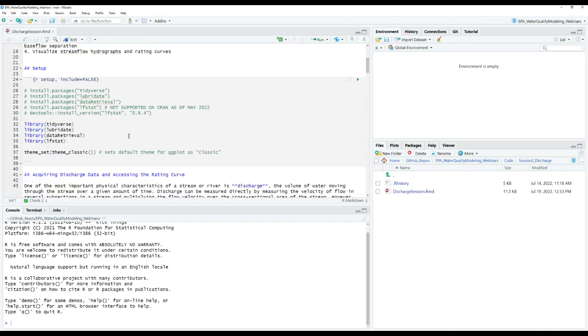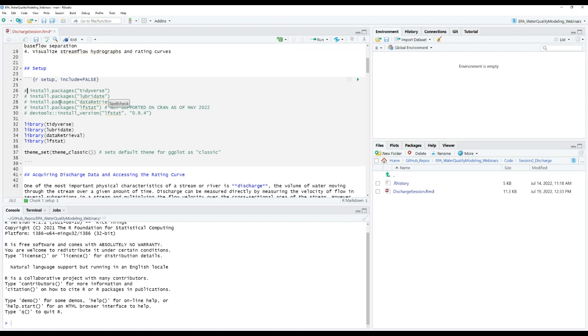For our setup, one thing to note is some of these lines are what we call commented out with a hashtag or a pound sign, depending what generation you're from. If you'd like to run these lines of code, all you need to do is just delete that hashtag or pound sign, and then you can run that line of code.